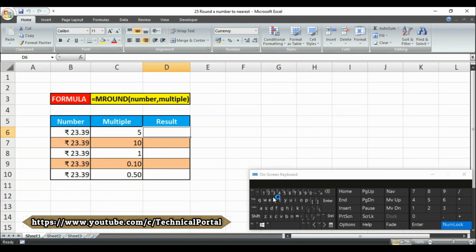Here it is. If you need to round a number to the nearest specified multiple, for example, round a number to the nearest dollar or anything else, you can use the MROUND formula. In this example, the formula will be like this. Look at here carefully friends. Equals to